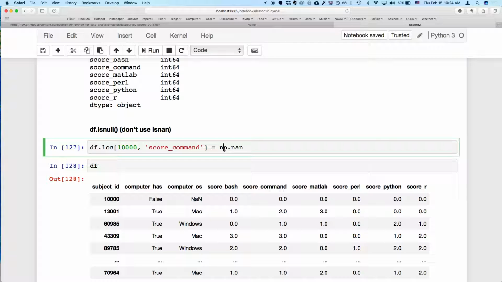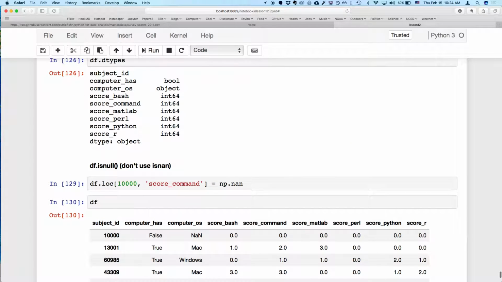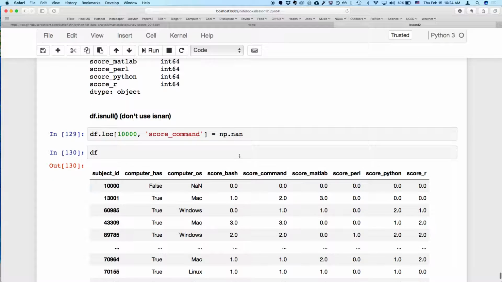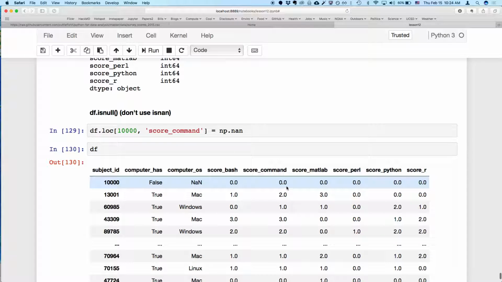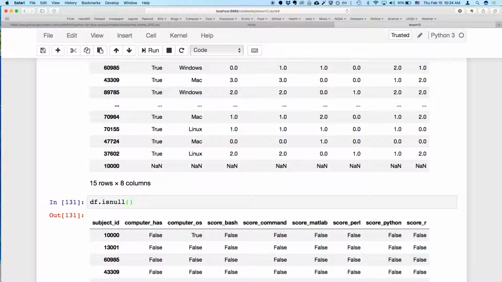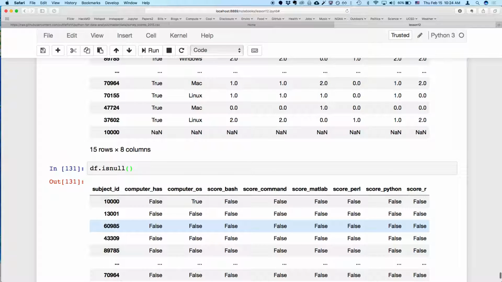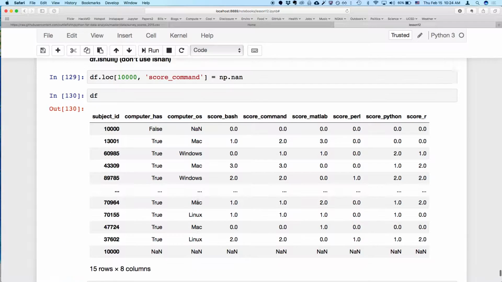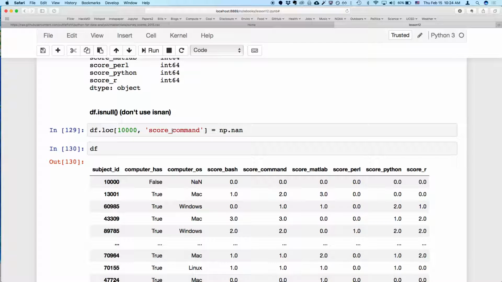Make sure. Interesting. Okay. I'm seeing score OS on here, but